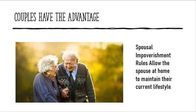When we're talking about the assets in Medicaid, couples have the advantage, and there are special rules for couples. While one spouse receives the nursing home care, the Spousal Impoverishment Rules allow the spouse at home to maintain their current lifestyle in the community. Medicaid has a complex formula to decide how much is enough for the community spouse, and how much is enough for the institutional spouse, or the spouse getting Medicaid. But